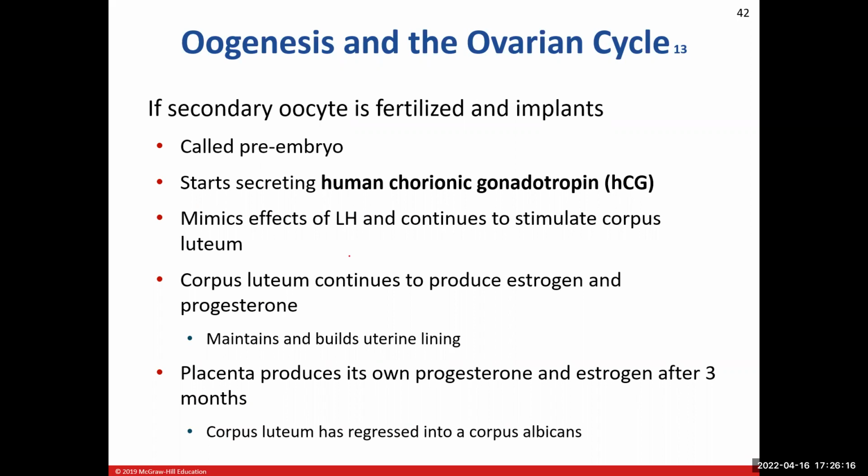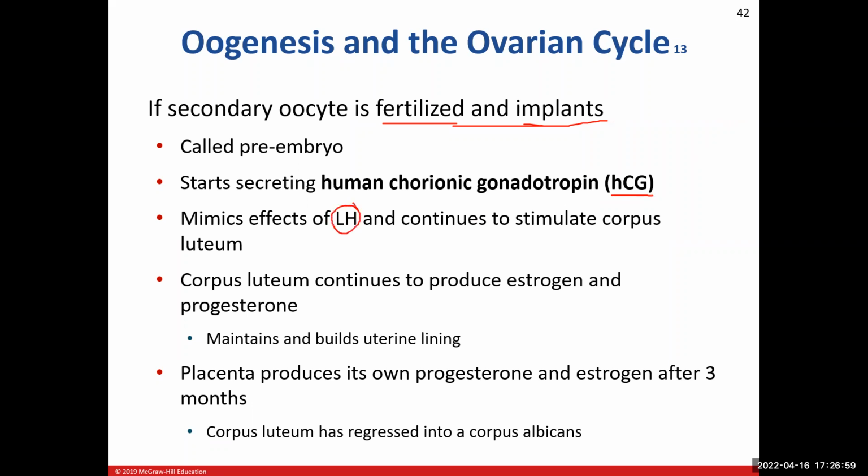So if we do get fertilization and if we do get implantation, we need both fertilization and implantation. Now, right, we call the oocyte the preembryo. And so now our preembryo attaches itself onto the wall of the uterus, and it's now going to act like an endocrine gland. And it's going to release a hormone called human chorionic gonadotropin, lovingly known as HCG. And so if you want to find out if you are pregnant, this is the hormone that we detect in the urine, HCG. And so what HCG does, okay, it is going to take over the role of our luteinizing